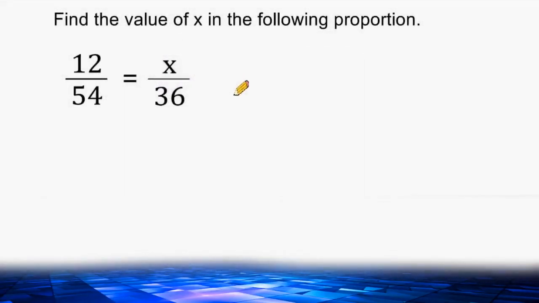For this problem, what we have to do is figure out what is the value of x. So that value out of 36 is equivalent to 12 over 54. So basically what we are doing is solving a proportion. Now, one way to solve a proportion is by setting up an equation and then solving for x in that